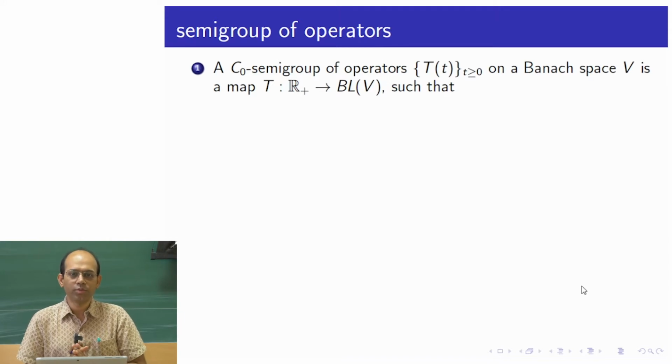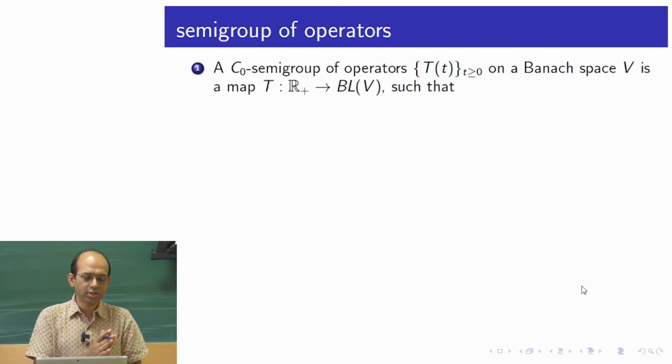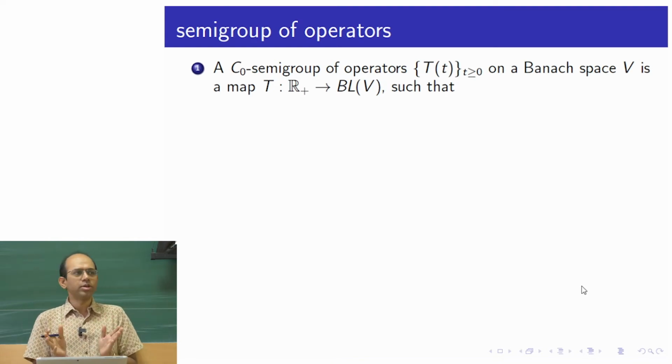Today we are going to see the definition of a semigroup of linear operators, and given a C0 semigroup, that means a semigroup of linear operators which has some continuity property, we would define what we mean by the generator of the semigroup. Before talking about this, we must understand that a semigroup of operators is essentially